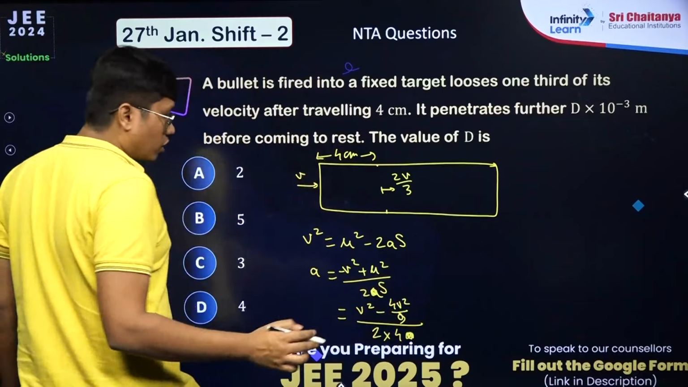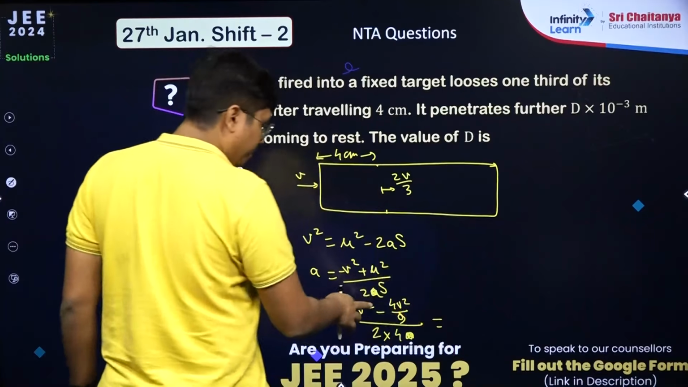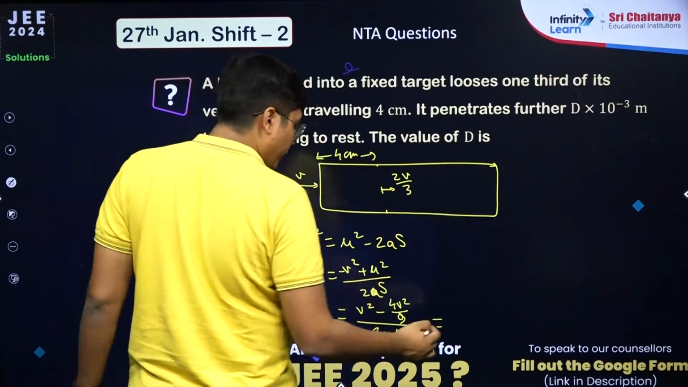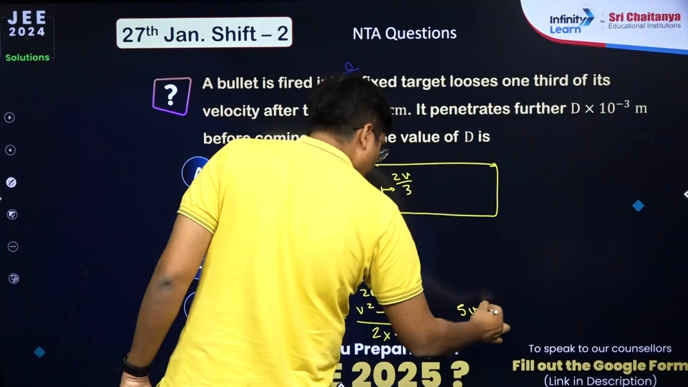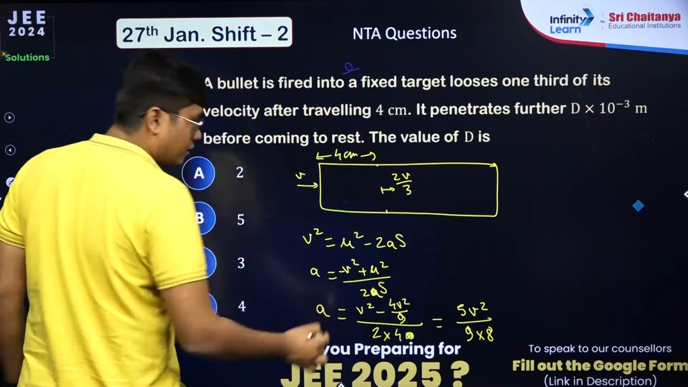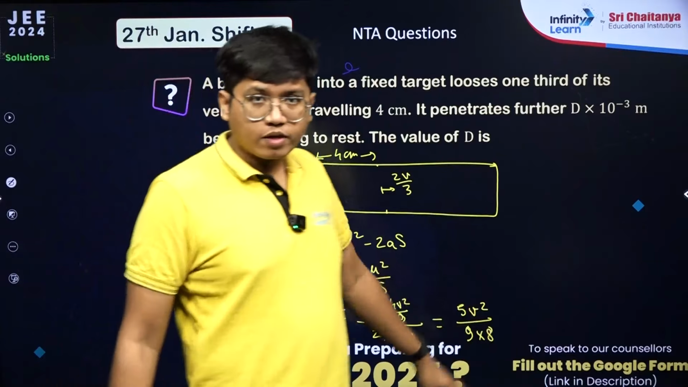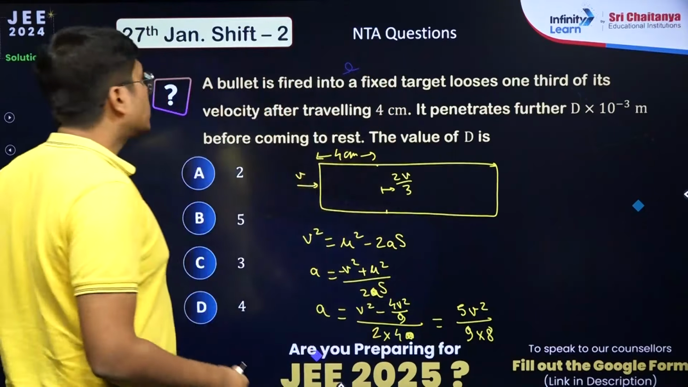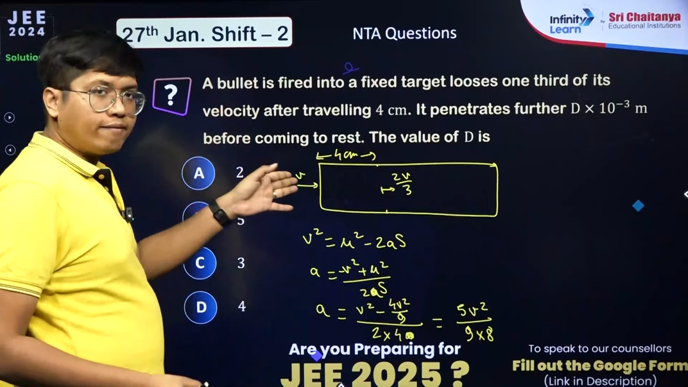We'll keep it as 4. So what do we get out? We get 5v square by 9 into 8. That we get as the acceleration. Leave it at that. Now you want to find how much distance, how much further does it travel in order